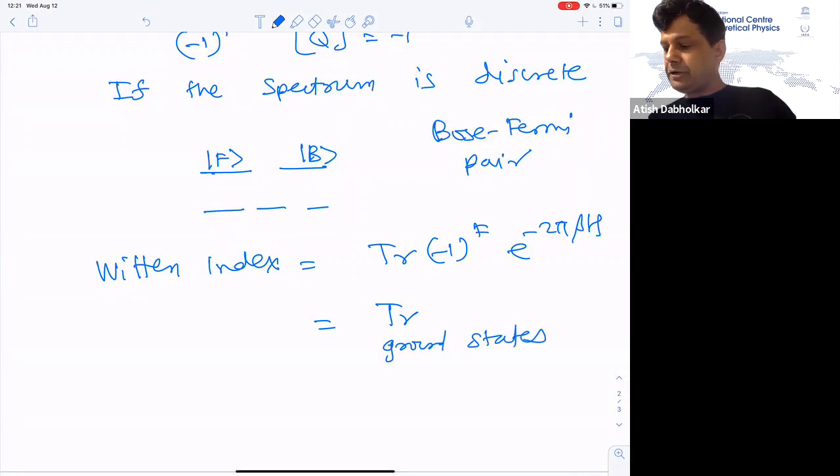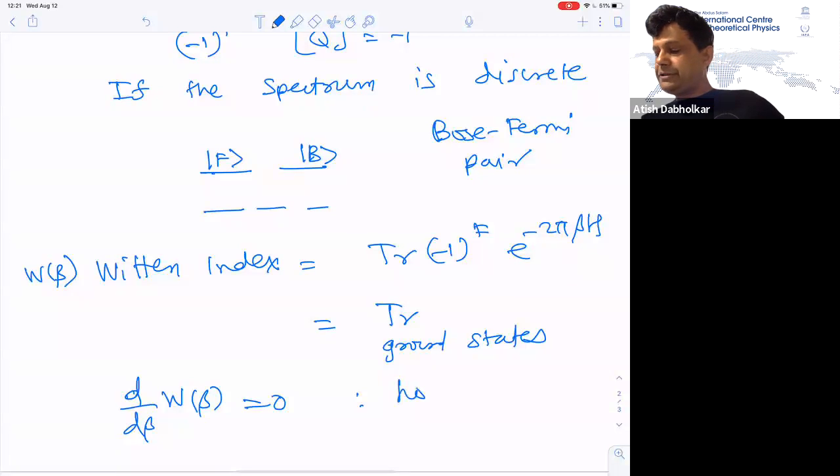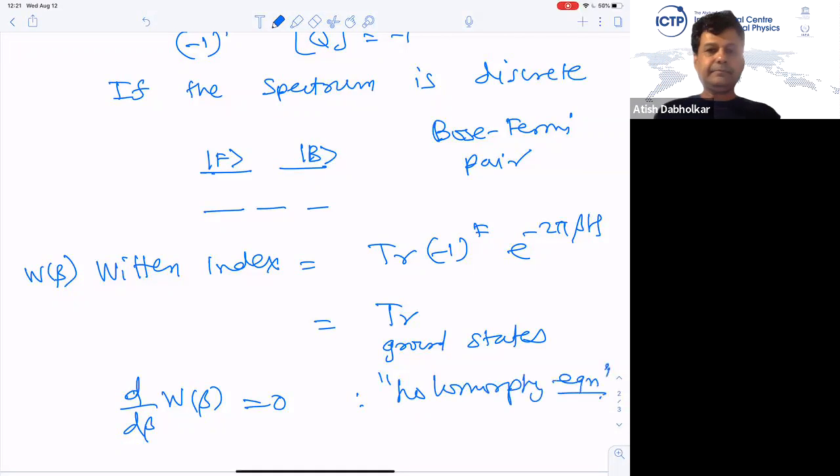In particular, if you call this a Witten index W of beta, then d by d beta of W of beta is 0. So that's the holomorphic equation, if you like. So is this clear? The point is that because you're inserting (-1)^F, given any state f,